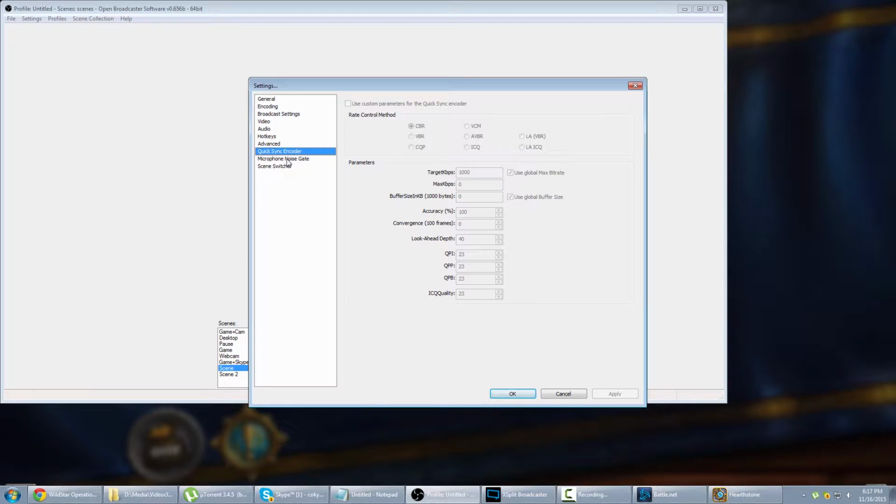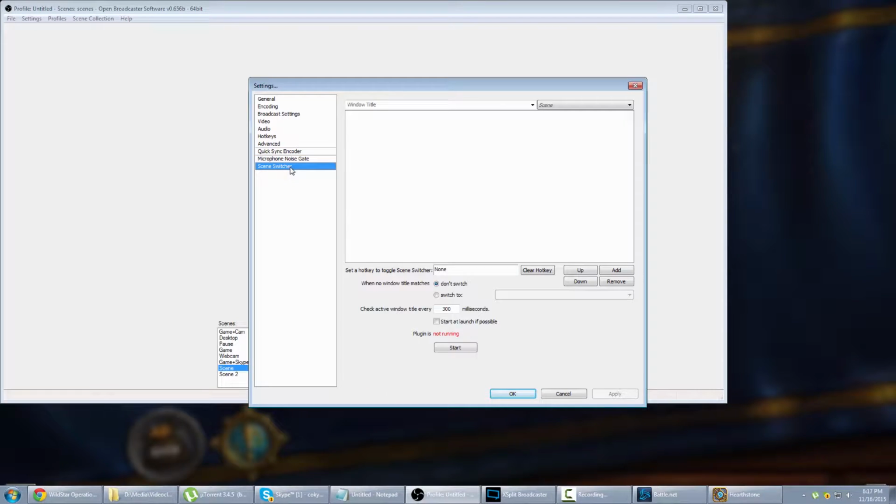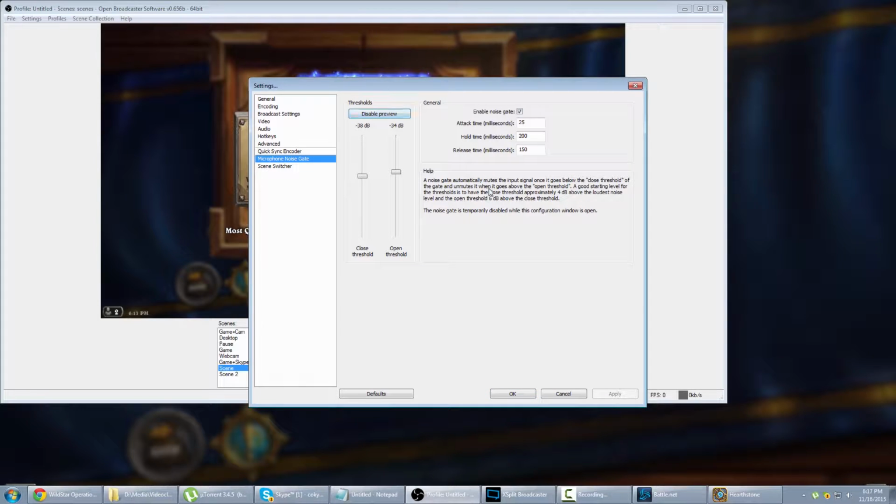Quick syncing order, not using it. Microphone noise gate and scene switcher. I use microphone noise gate, I don't use scene switcher. I use this for streaming, basically. Again, if I'm not saying anything and if I'm scratching my beard, there are tiny little sounds that you don't want your viewers to hear, you just go here, enable preview, and what you have to do is,